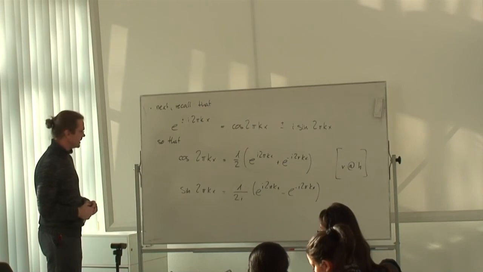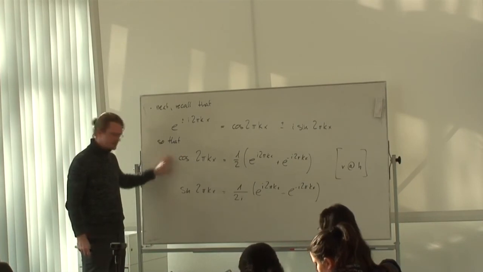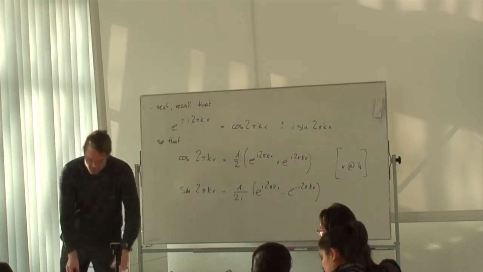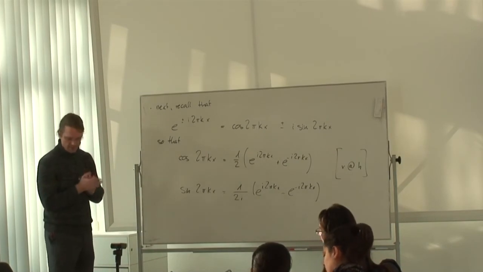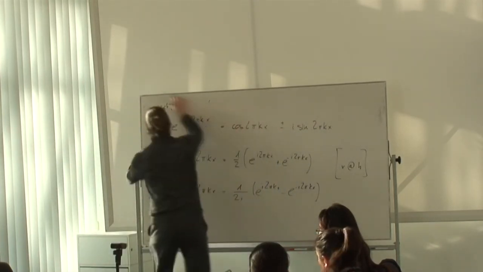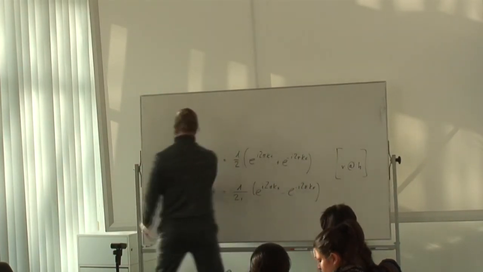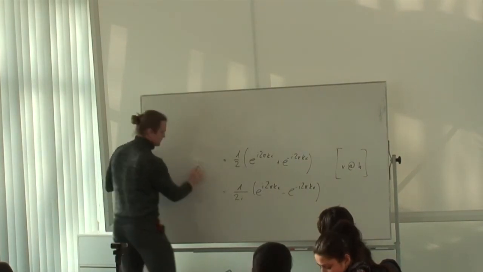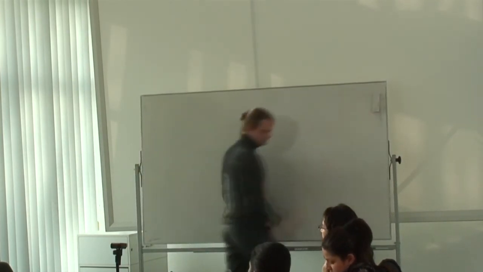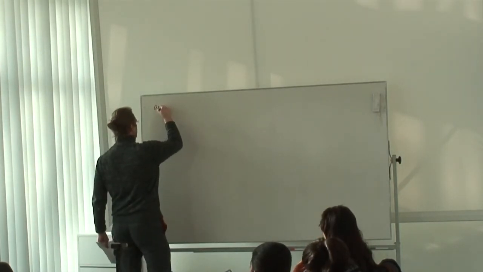Now, if we plug in our newfound knowledge as to how we can express the cosine and the sine of something into the two places where the cosine and the sine appear in equation 5, we get something like the following. Because of this, we may write